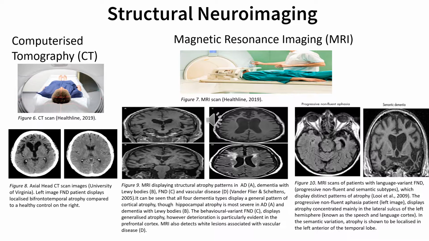Computed tomography, CT scans, and structural magnetic resonance imaging, MRI scans, can detect structural changes in the brain, including localized atrophy, indicative of FND, as well as excluding misdiagnosis by displaying signs of generalized atrophy, indicative of AD, or reveal other potential causes of cognitive decline, such as the presence of a tumor or stroke-related damage. However, CT and MRI scans are less sensitive to structural changes during early stages of FND and may initially fail to detect any physical abnormalities.